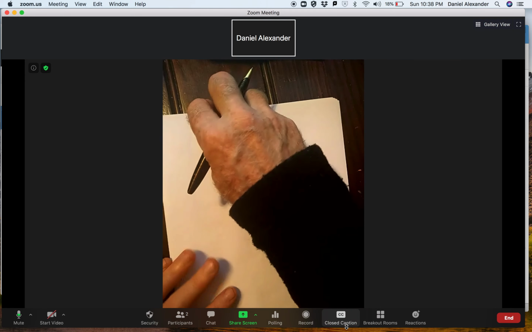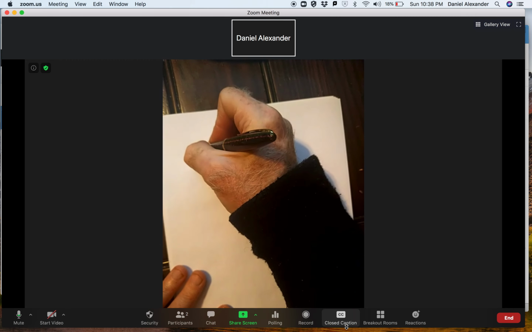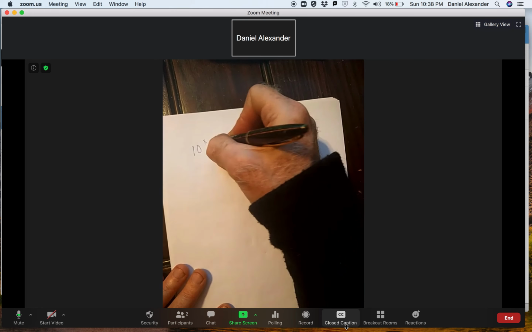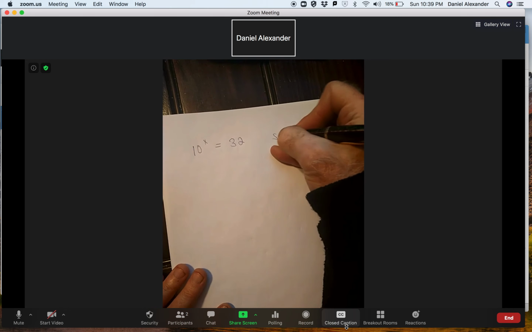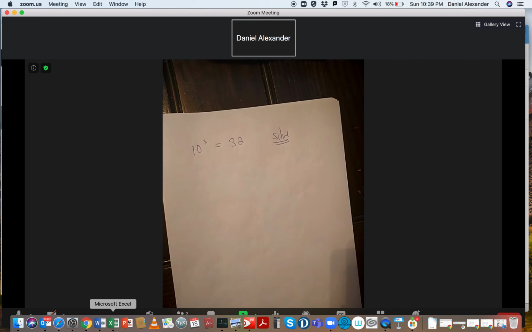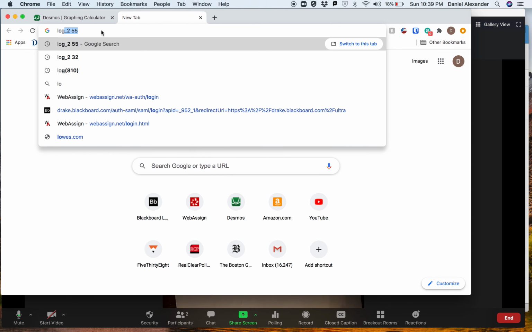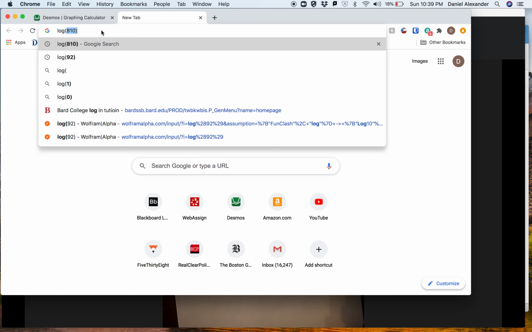So this was the other application. Let's say we want to solve 10 to the x is equal to 32. Now you solve that. I'm going to give you a minute. I have to go look up the video. Go look up the exponent. So I'm going to go do that. So I'm going to go, okay, what's the log of